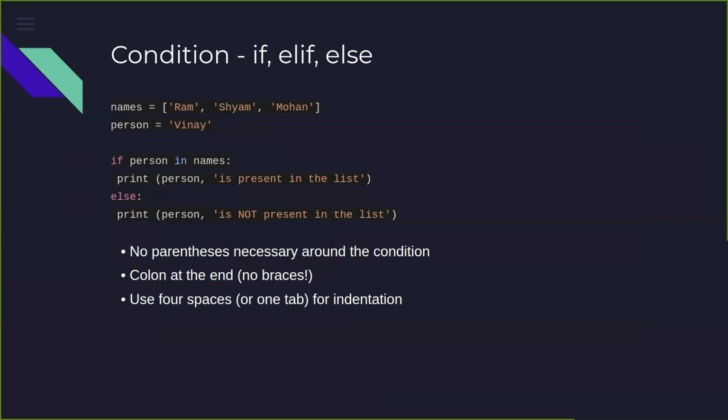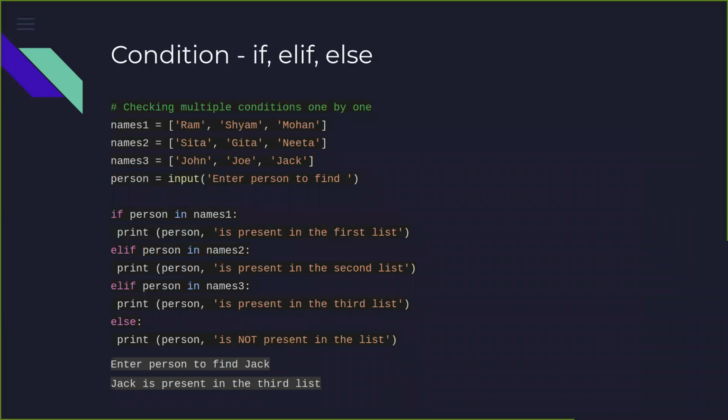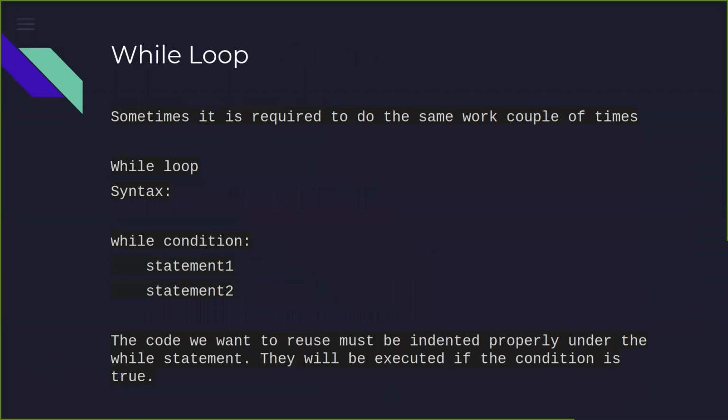Control flow. Then we saw that if we have to manipulate data, then many a times we need to use conditions or we need to use iteration. It means that the same command, the system has to operate more than once. And that's where the concept of the conditions and the control flow comes in. We saw how to use if, elif, and else. Then we saw how to use the while loop.